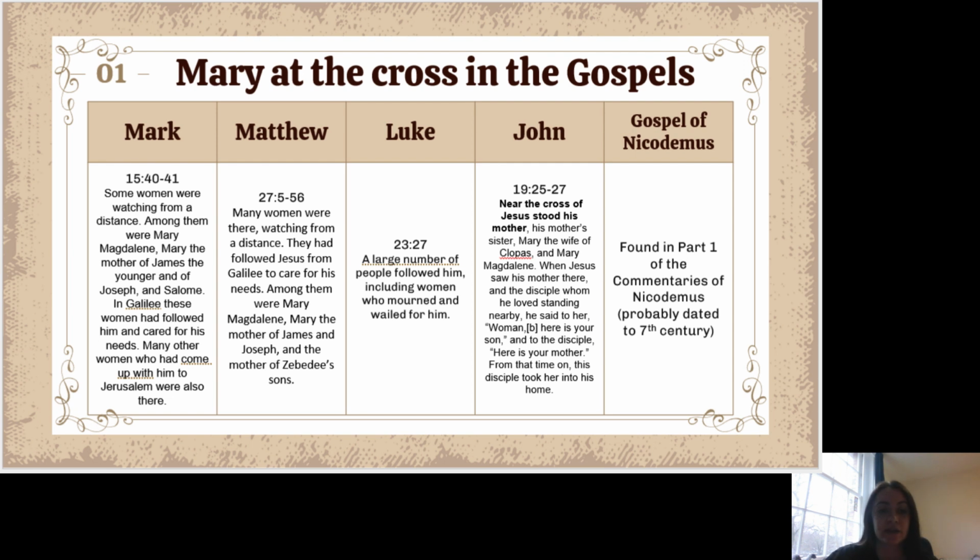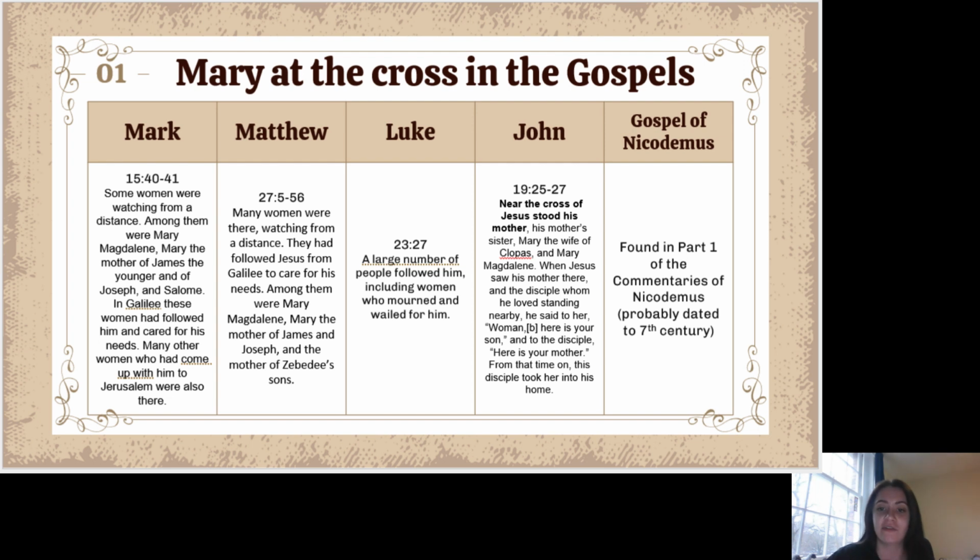So the question is, where did this discrepancy take place, and why is it important that in scripture she is standing, but in art we see her very clearly as fainting or swooning and supported by other women? Now,